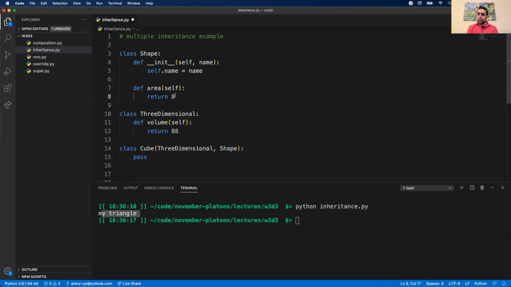I don't know. So these numbers don't really make sense. And if you think about a three-dimensional object, it doesn't really have an area, it has surface area. So you might want to do some extra, and we'll talk more about overriding base methods, but just